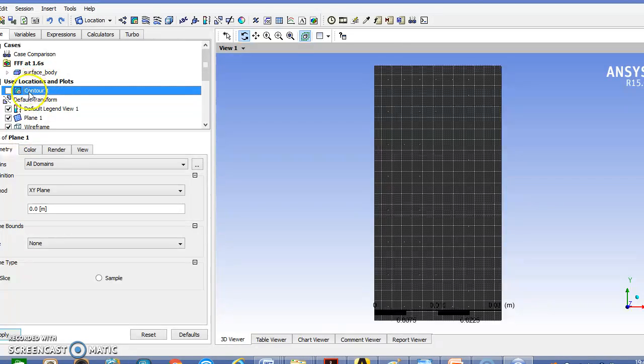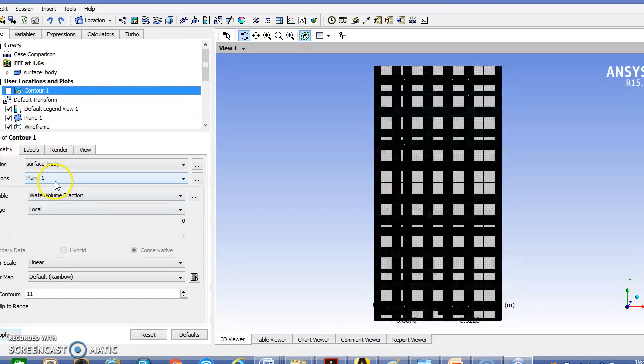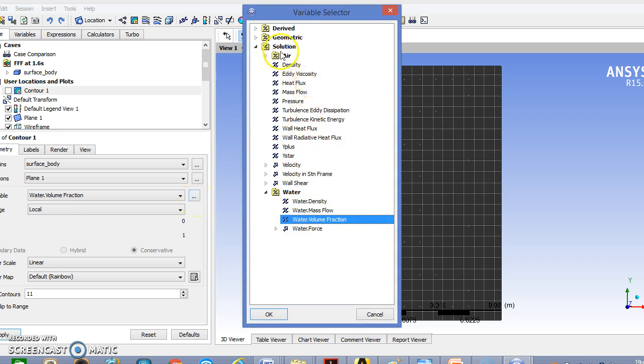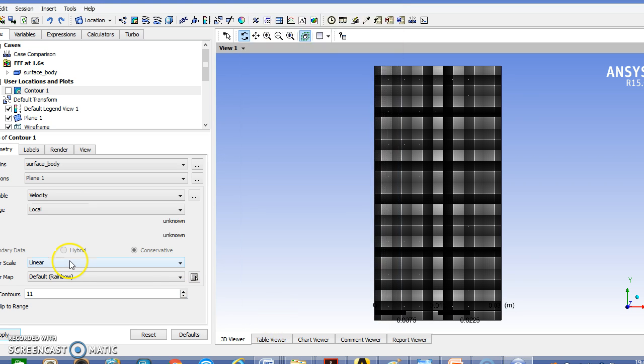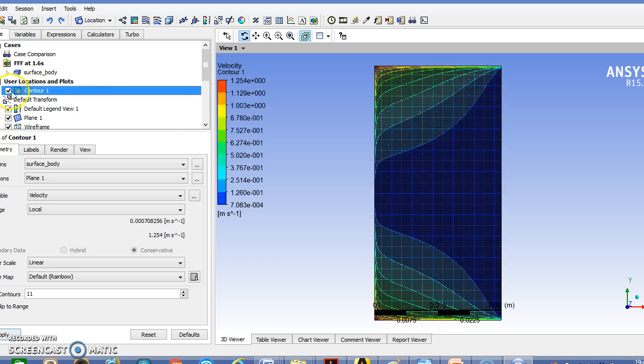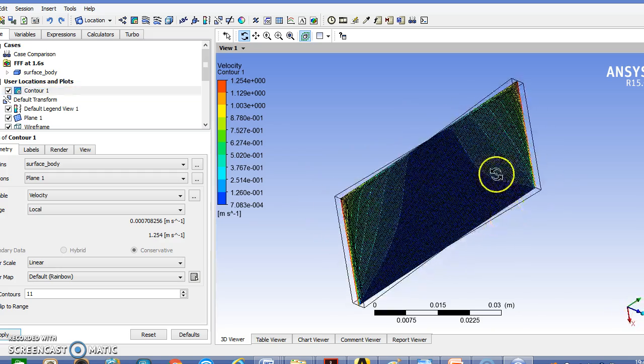Then go back to contour, plane 1, and say apply, with whichever variable you want: water volume fraction, velocity, you can change it here. For example, click on velocity and say apply, and switch on this box. This is the velocity profile of the model. If you want to rotate it, you can rotate it manually.